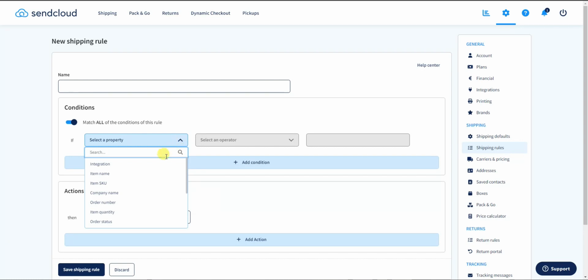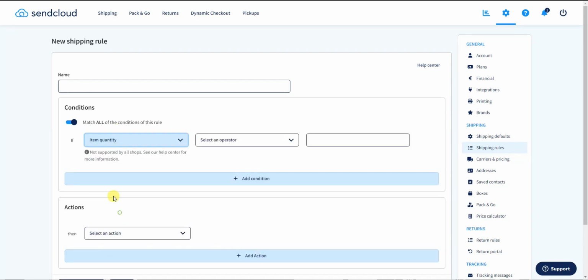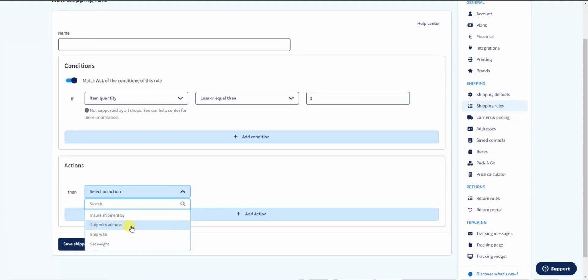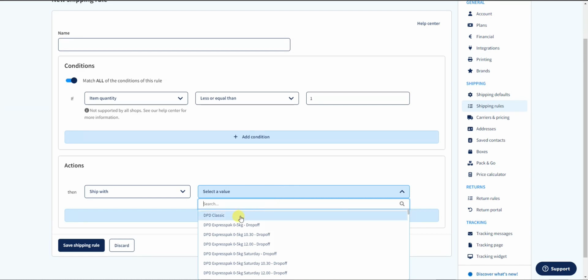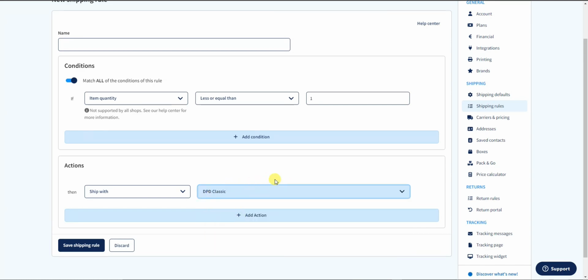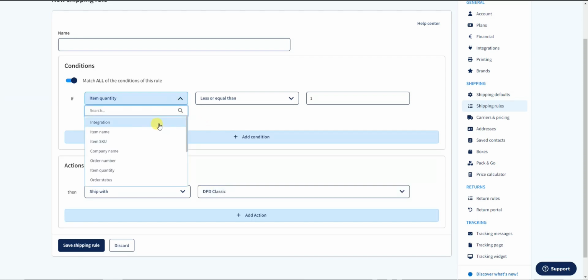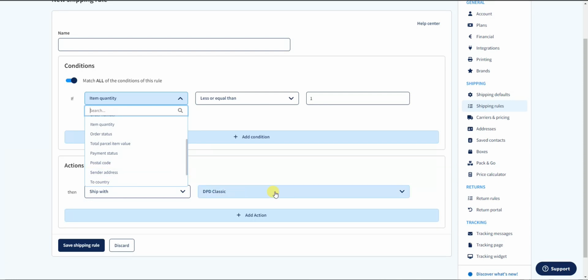So let's say, for example, just to keep it simple, if item quantity is less than 1, then we will ship this order with, say, DPD Classic. And you can create a bunch of different rules like this. So we could change this condition here. We could change it based on where somebody is. So if they're in a certain country, if you're shipping to a specific country, then we will ship using